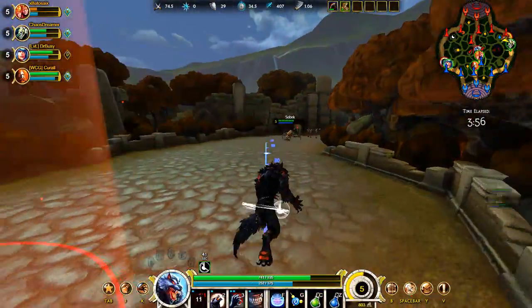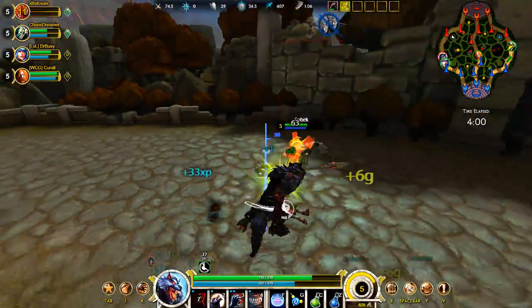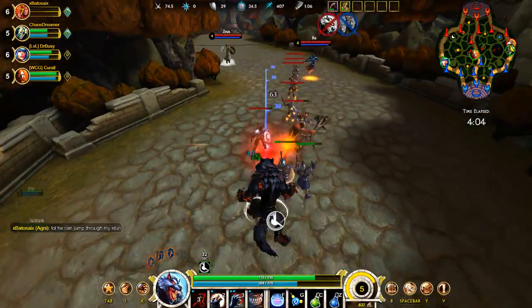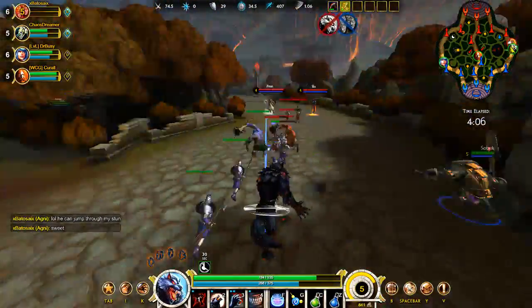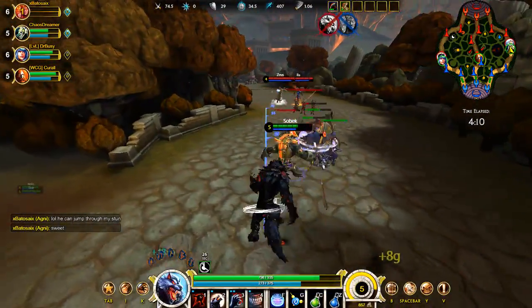And oh, I missed my jump there. What's it called? My Unchained. If you get 5 stacks and then you use that, then you can actually get a stun on them, but unfortunately not today. And he's going to use Chain Lightning here. And he only gets 3 hits, so...